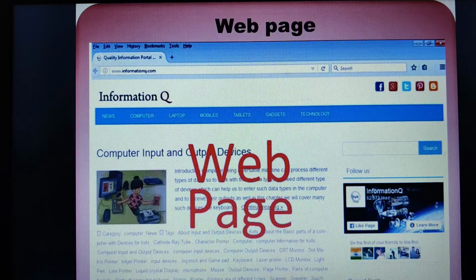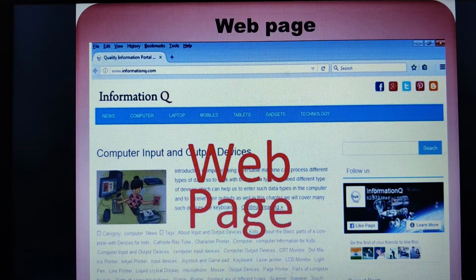In our previous video classes we have seen the disadvantages of email and we have started the topic that is important terms related to the internet. In that we have already completed with the web page. So before we proceed with the next important term, let us have a quick glance at what this web page is, because further we are going to use this terminology again. So we'll have a quick glance at the definition of web page.